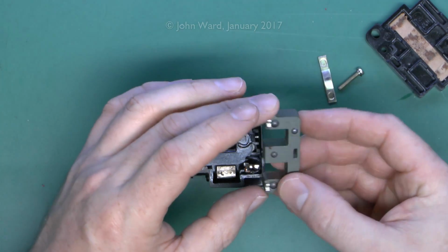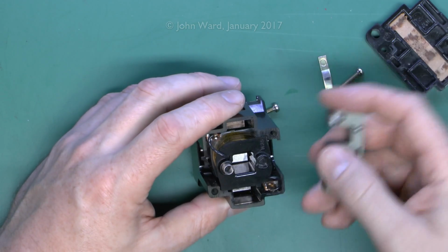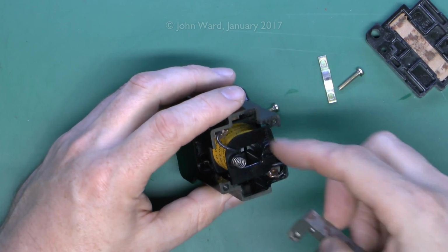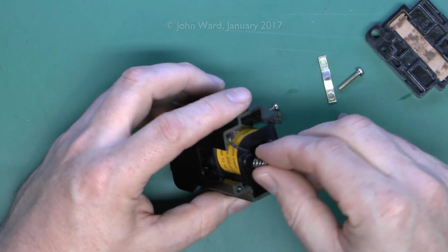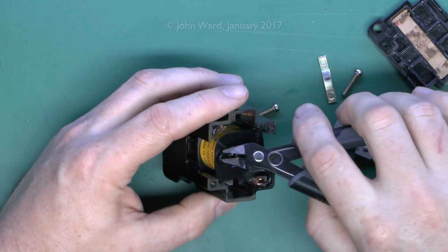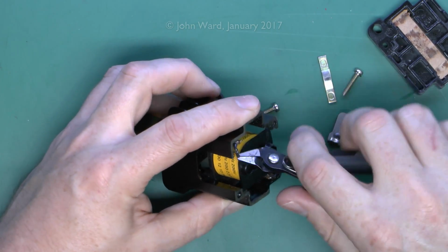Now this piece here is just half of the magnetic core, so similar to those steel wires we saw on the model earlier. And that just goes in, and in this case around the coil here in the middle. Various springs here just to provide this sort of return mechanism. Now if we actually just cut off the 2 wires here,